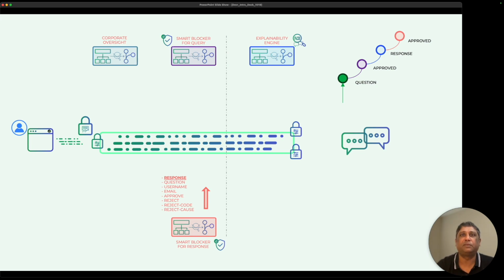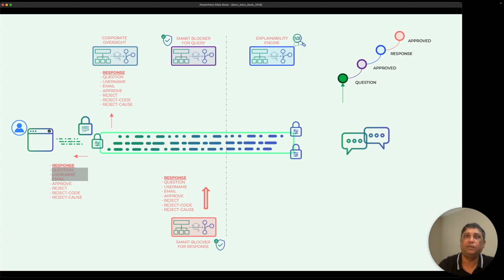So this approval and rejection become fully available for corporate oversight, and we can choose to share some of that data back with the user. So the user is going to get, for example, the response, and on the condition that that response has been rejected, we're going to provide information to the user about why that question was rejected, why the response was rejected, and better ways to utilize the large language model as a tool.